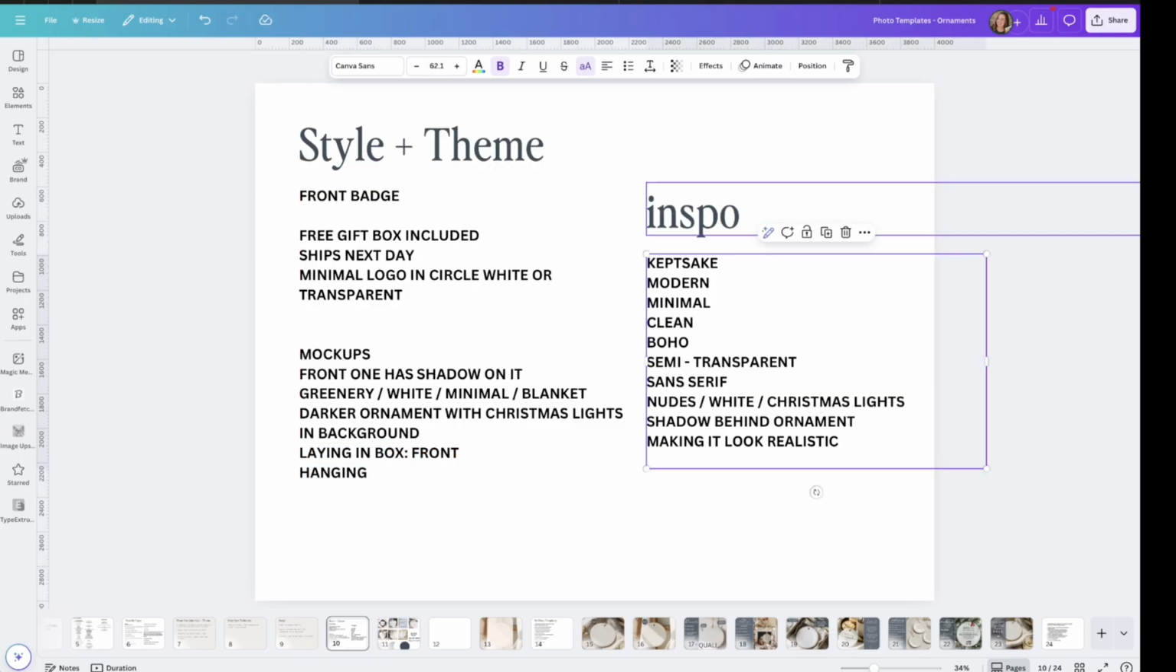And then to summarize my inspiration, it's going to be mainly from Keepsake. It's going to feel modern, minimal, clean, boho, semi-transparent with our badges. Having a sans serif font is what they were doing, so I'm going to pull from that in my own way. Nudes and white for the colors with Christmas lights in the background, shadow behind the ornament, and making it